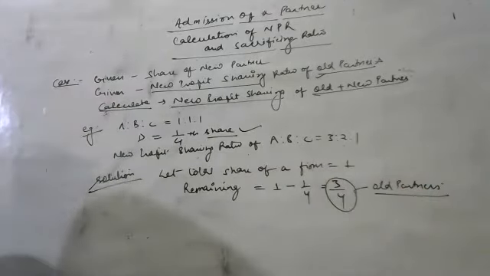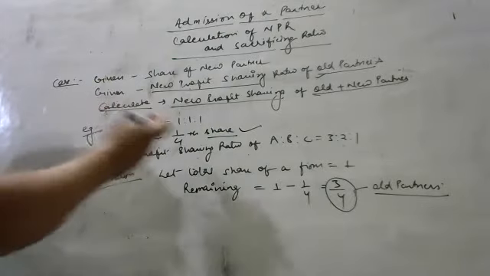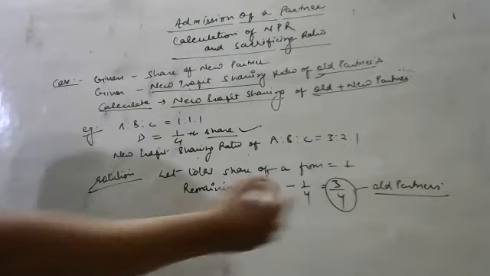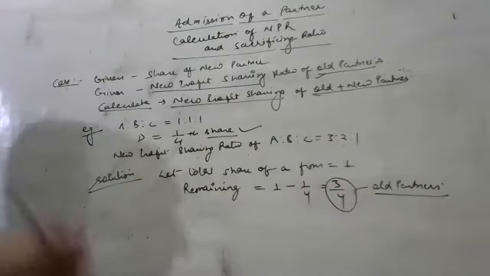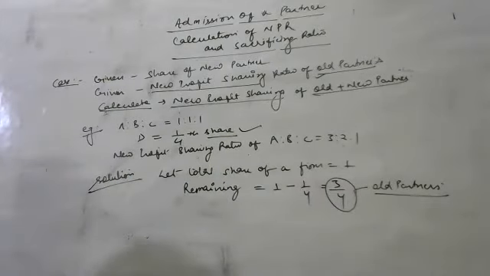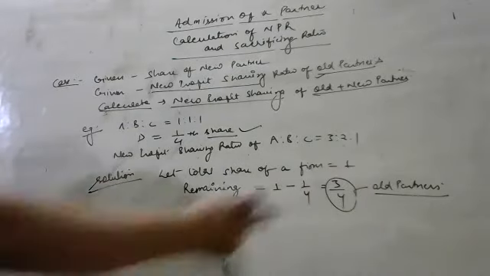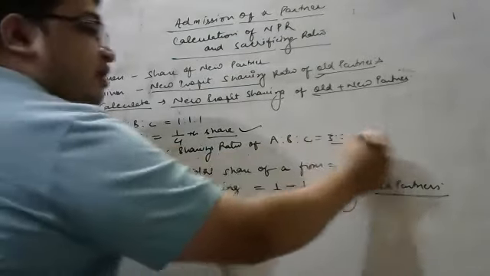Suppose the firm is having 100 rupees and the new partner is coming for 10 rupees. It means 90 rupees is available for the old partners, because out of 100, 10 is given to the new partner. So what will be shared by the old partners is that which remains after the new partner, that is 90. So this is the remaining share which is to be shared by the old partners. And in what ratio this will be shared, that is given to us, that is 3:2:1. वो हमें दे रखा है.